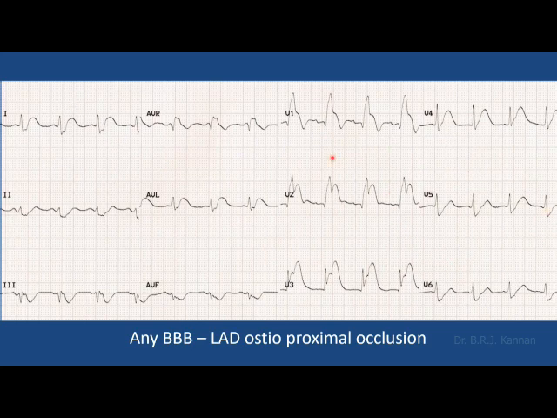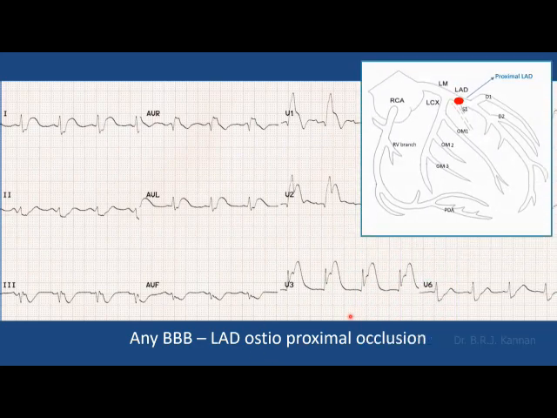In addition, there is a right bundle branch block pattern. Whenever there is MI and either right bundle branch block or left bundle branch block, usually the site of lesion is a very osteoproximal location, that is this location. So I have given you several examples to show that this location is a very dangerous location where the patient can die, and hence we have to remember this pattern.